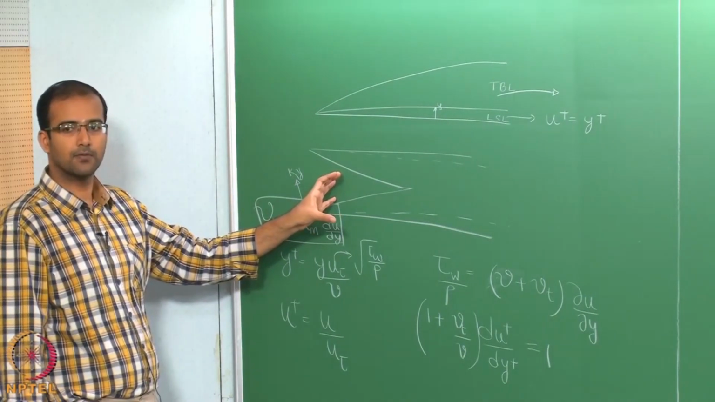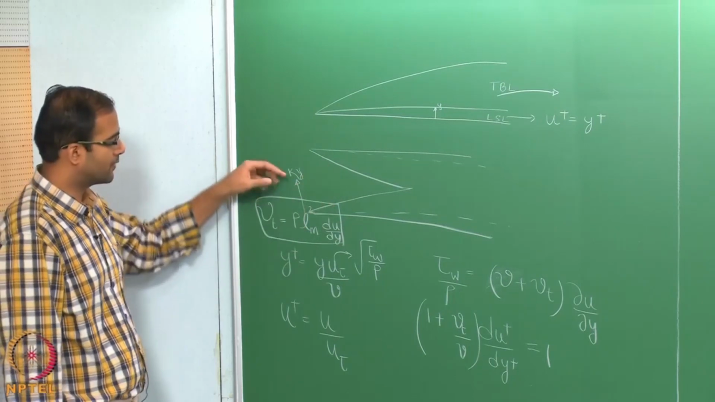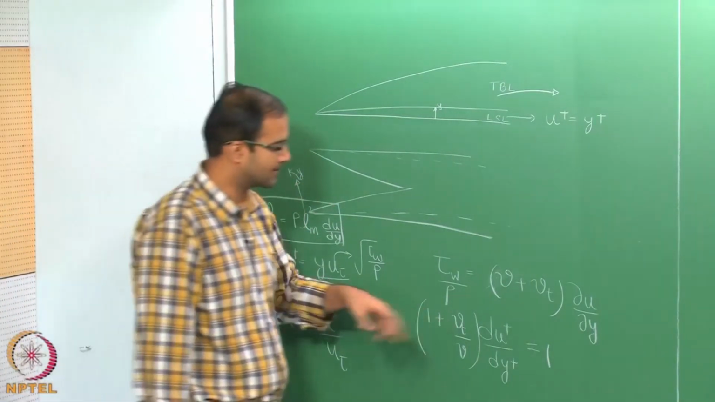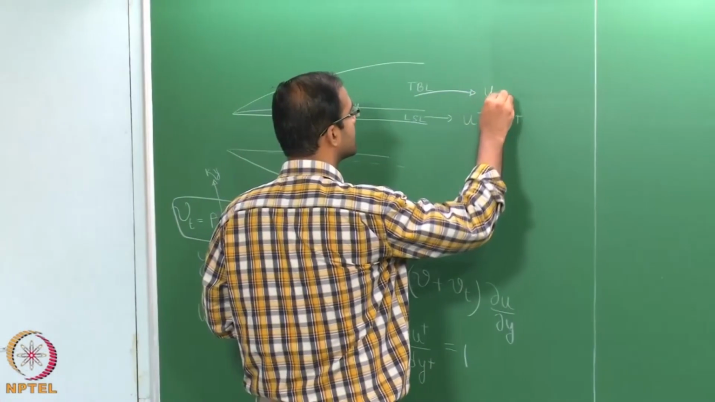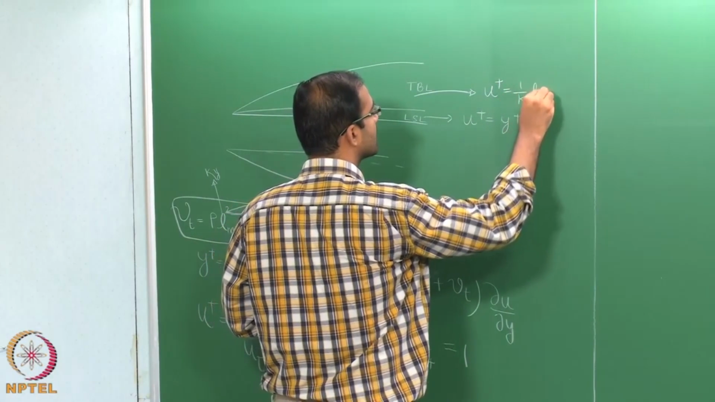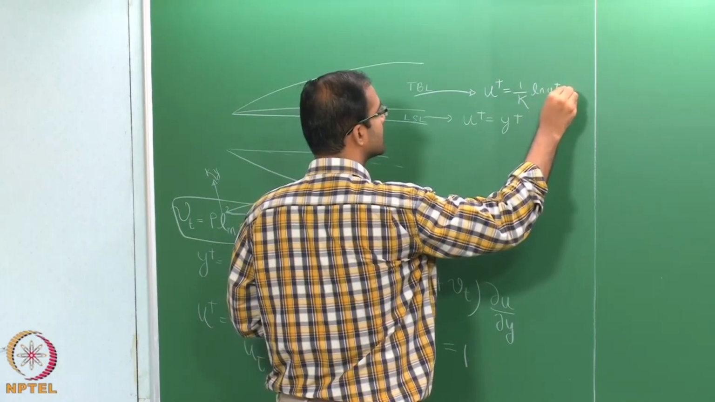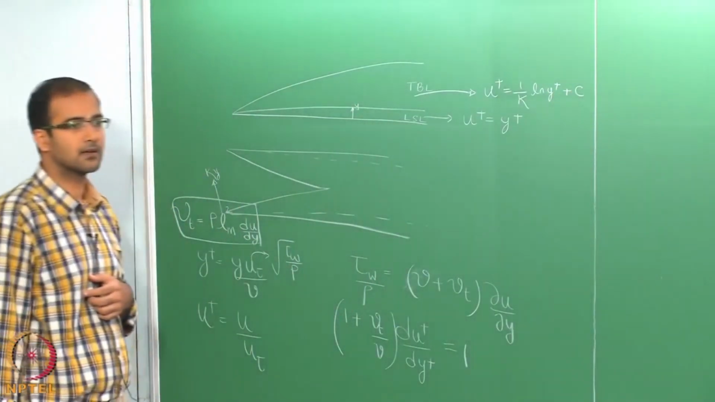If you consider only a purely turbulent boundary layer, then you do not have that. So therefore we just substitute for this into this, and when we perform the integration, we come out with 1 by k ln of y plus a constant. So this is the nature of the